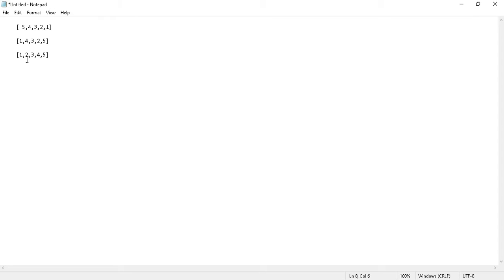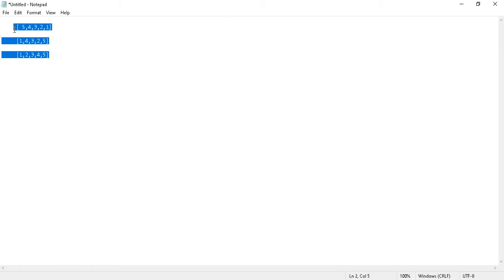So you can see my numbers got sorted immediately, but in this selection sort, this is how it works. Again, if I take this, it is already sorted, but the minimum is 3. I will replace it only when it is the minimum. Minimum is 3, and it is in the correct position. Then 4 and 5: 4 is the minimum and 4 is in the correct position. Then 5. So this is how selection sort will work.